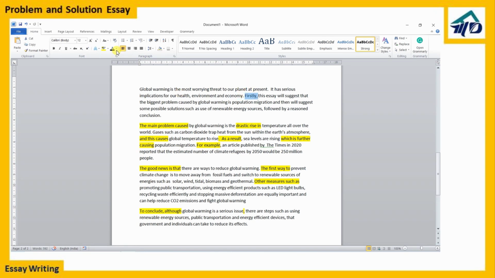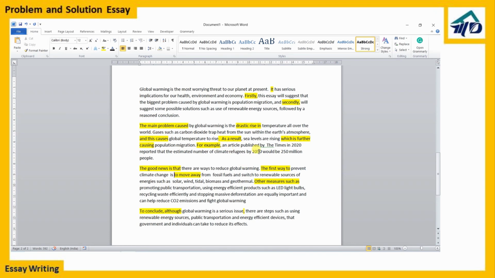Then I had written firstly. Okay, have I written secondly? No. So I will say and secondly, so that I have one more connecting word in my essay. And secondly will suggest, so I will put a comma here, and secondly will suggest. Done. So I will highlight this also. What else is here? It is related to the first one, this sentence, so that also is helping me in the connecting words part. Yeah, well, that's all.